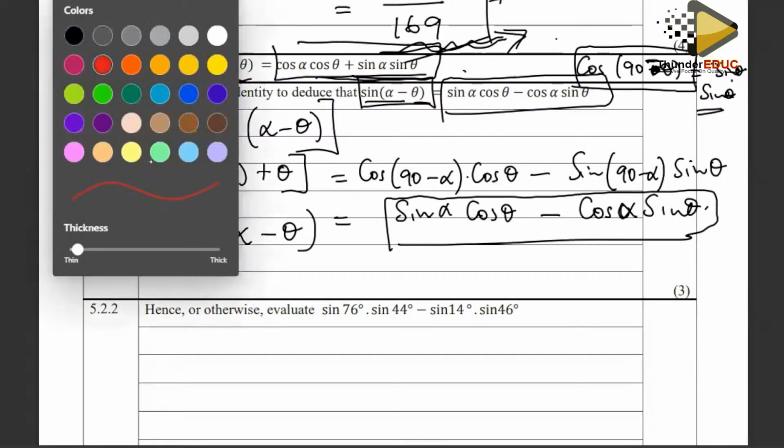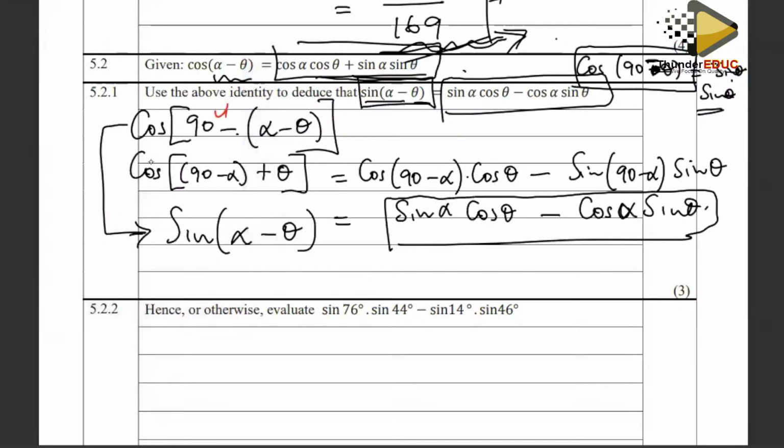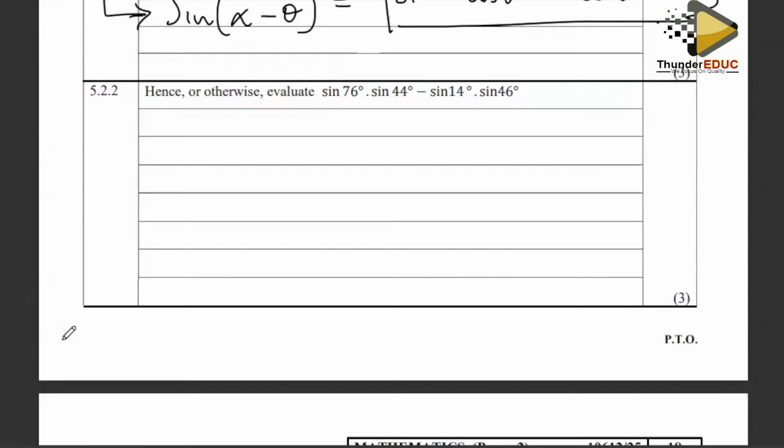So that is how we would have gone about 5.2.1. The key part is this 90 and then this bracket. If you can introduce the 90 and combine with the bracket, the rest is history. Hence, otherwise you'll evaluate this. Okay, so I found this a bit challenging, but one thing that I saw, since they said hence, it's just a